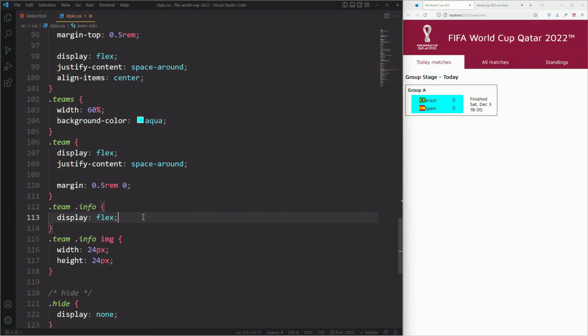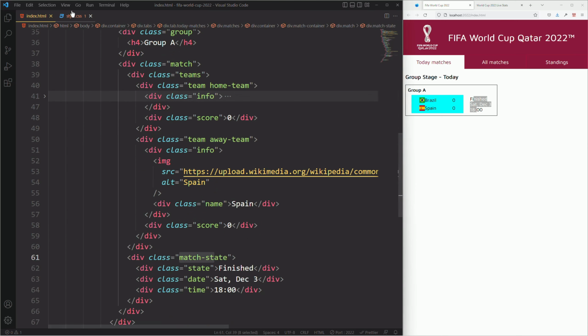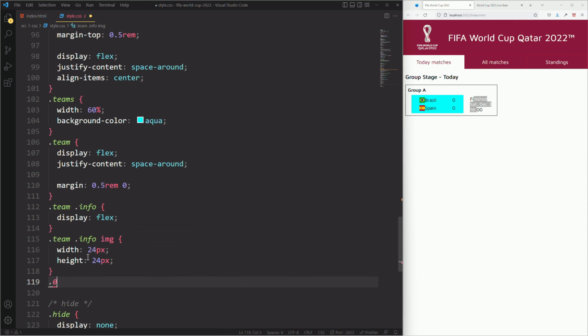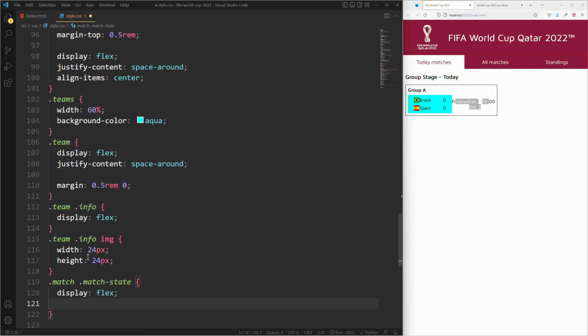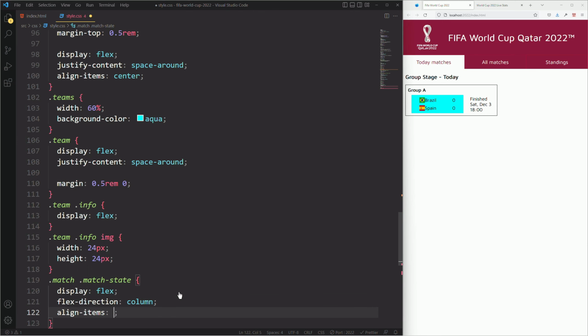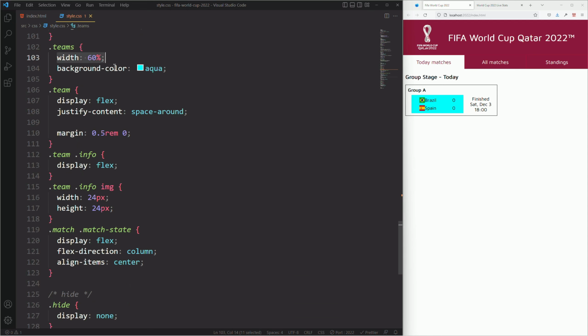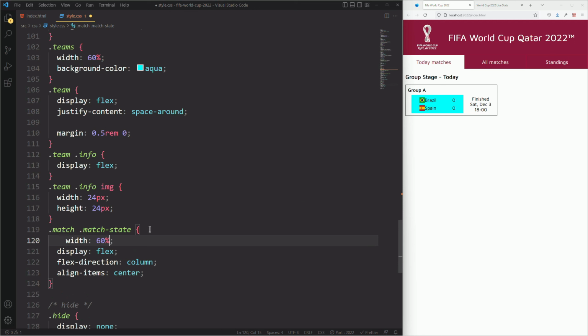No, not info, but I want to center this, so I'm going to use the match state. So let's go here to that match state. I'm going to say display flex, then flex direction column, then align items center, and then I'm going to give this a width of 400 pixels,